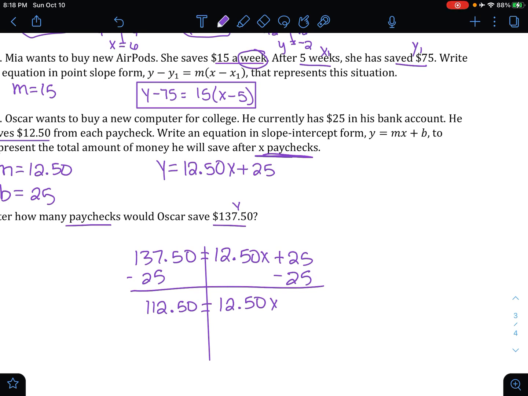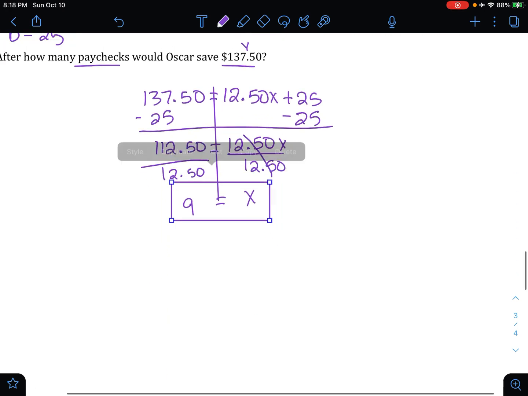To get x by itself, we're going to divide both sides by 12.50. And we're left with x equals 112.50 divided by 12.50, which is 9. So that means after 9 paychecks, Oscar will have